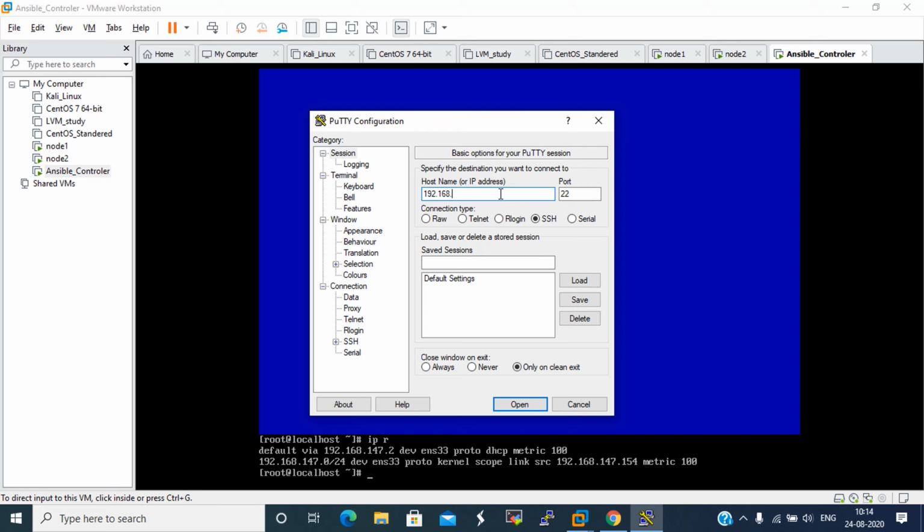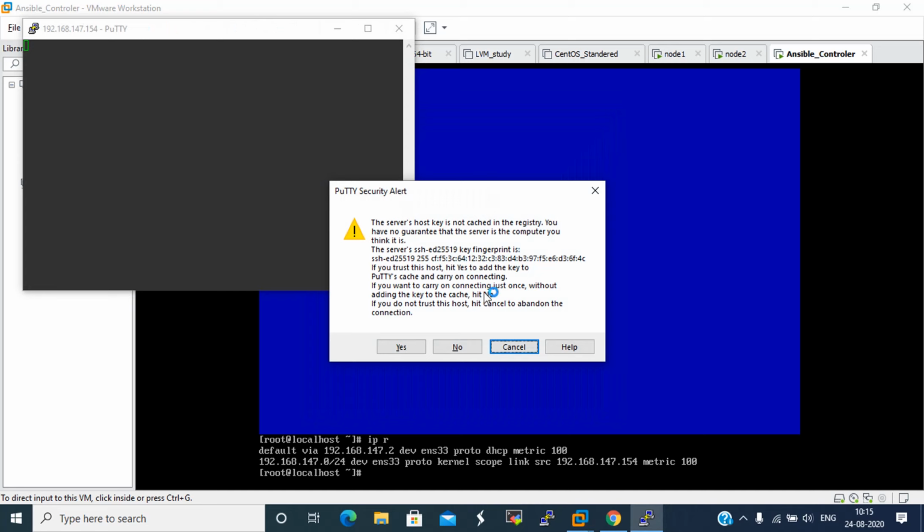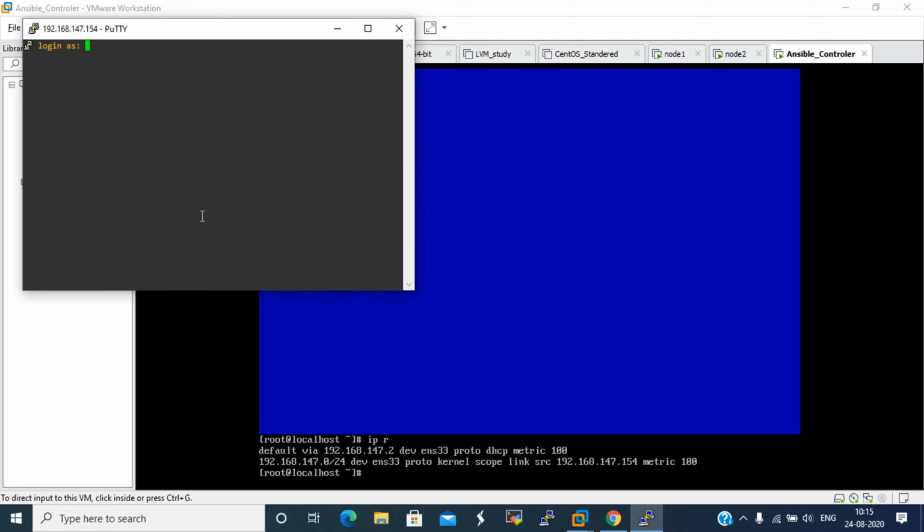Basically, Ansible is a configuration management tool which is widely used, and it uses Python as a programming language and uses push technology.